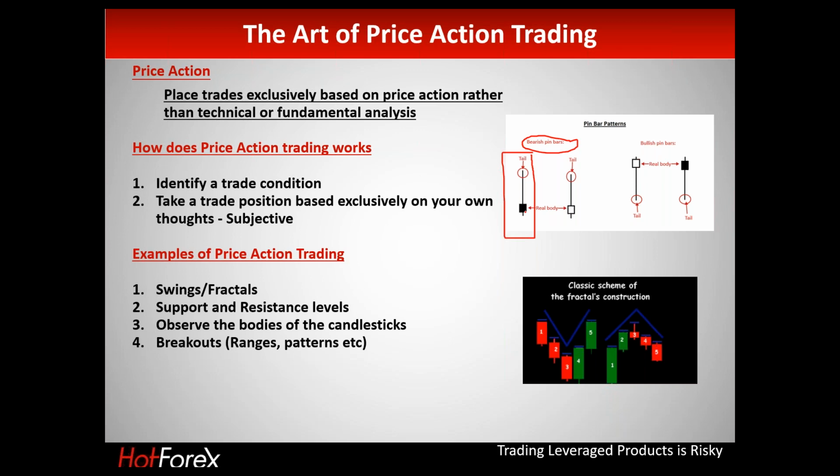Because what that suggests is that the buyers are trying to push the price higher, higher, higher, but the sellers were so many in number that they had the control. So if we have one buyer, we had 3 or 4 or 5 sellers, and there was a lot of selling pressure, so they beat the buyers and pushed the price down again.